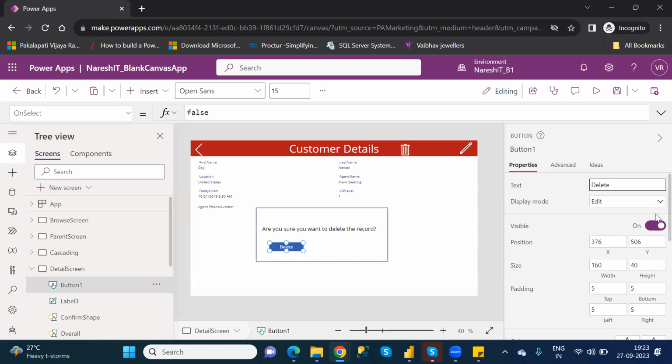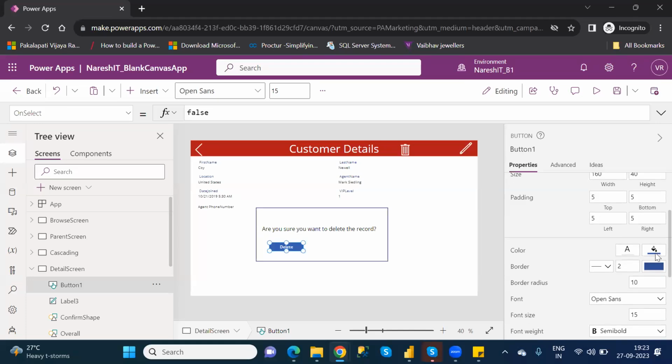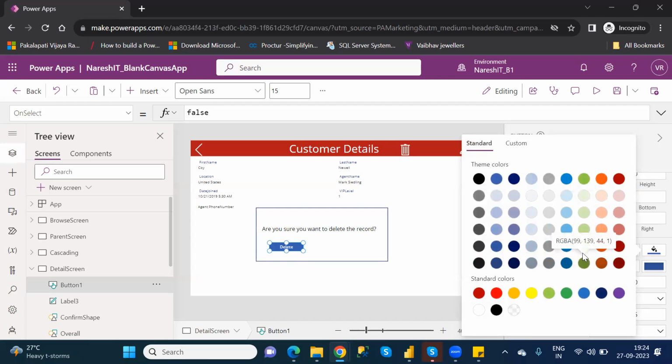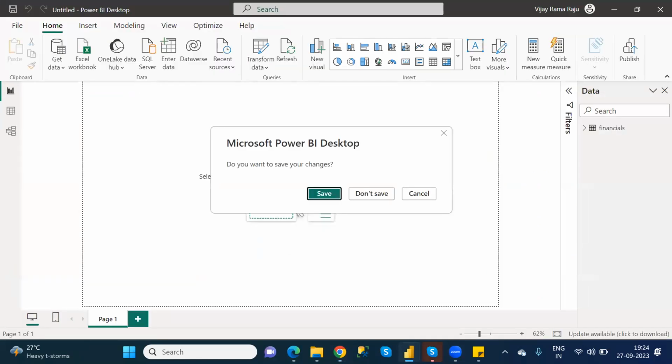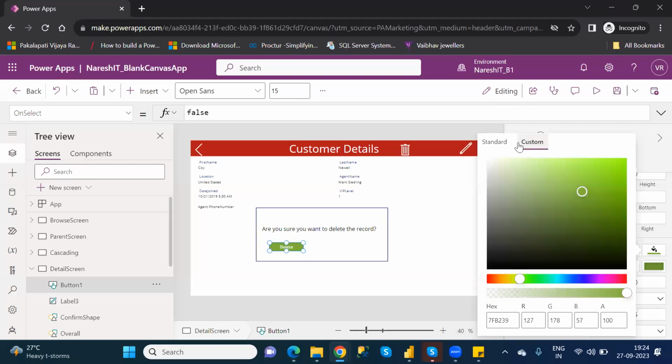And I'm changing it similar to the other application. Text color is white and for the background I'm taking a green. Okay, see how it looks like this. Same like this only, right? Dark green. Go to this custom. In this one, if I'm selecting this one,